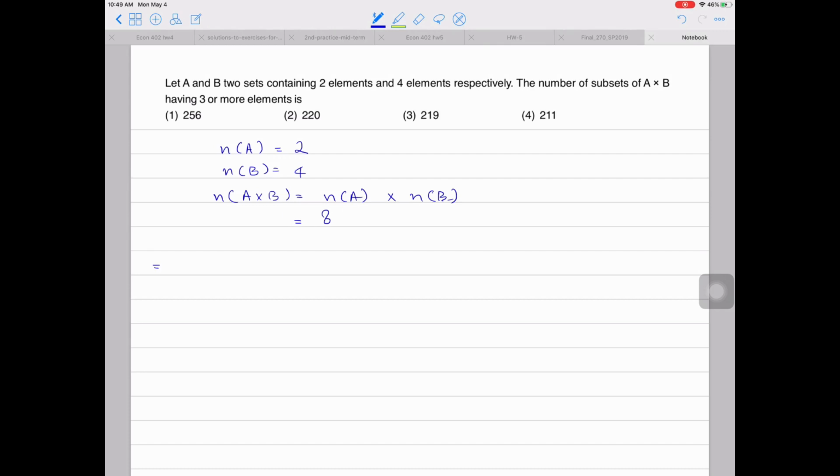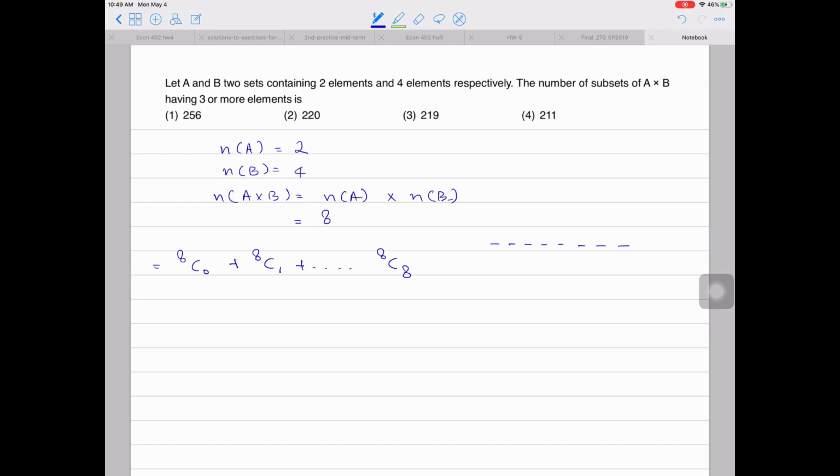To find the total number of subsets, we can have 8C0, which means the subset has exactly 0 elements. We add 8C1, which means the subset has 1 element, and so on until the subset has 8 elements. A more useful way of solving this is, we know that we have 8 elements,